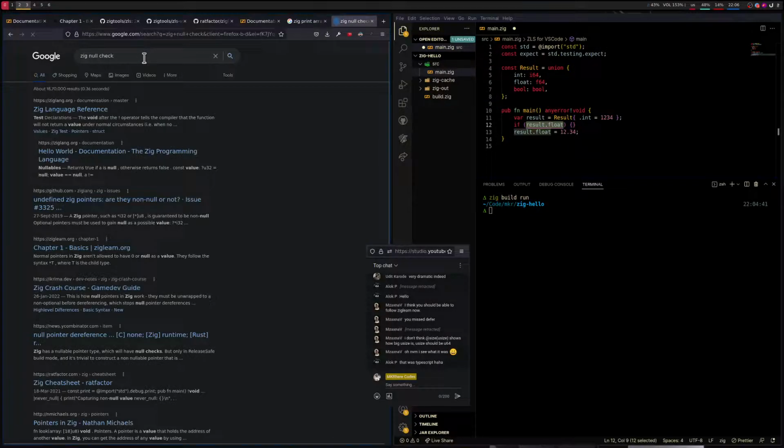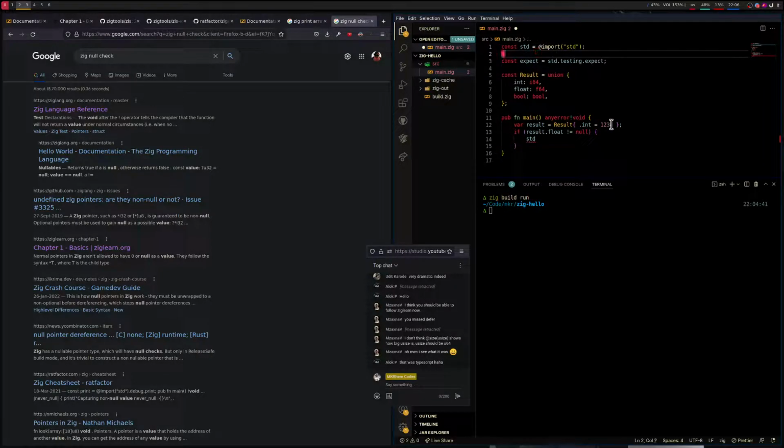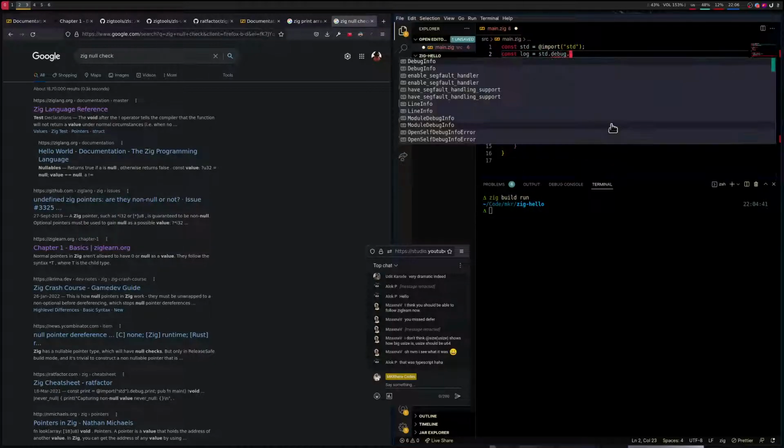How do you do a null check? Or do I just do not equal to null? And if I do const log std print